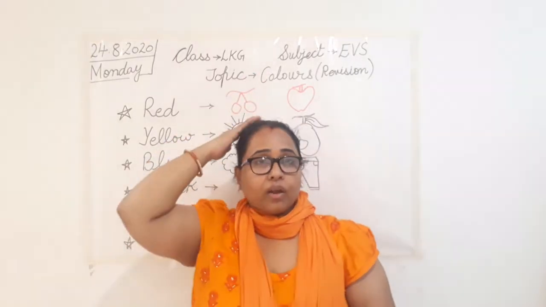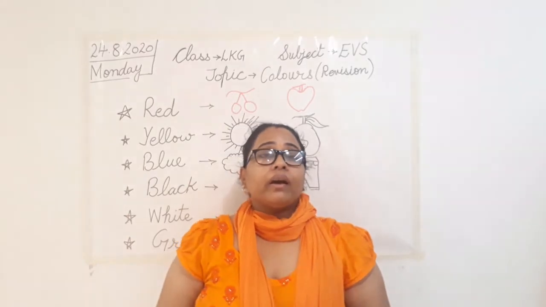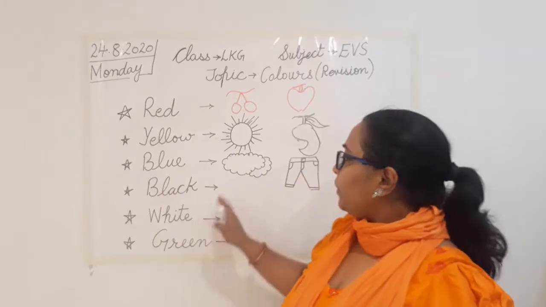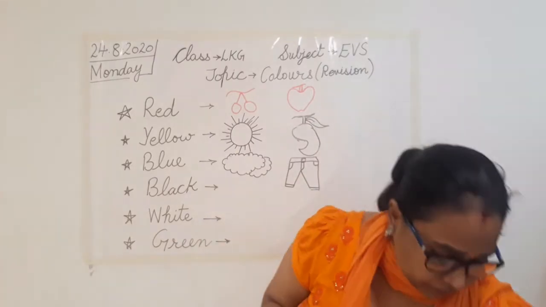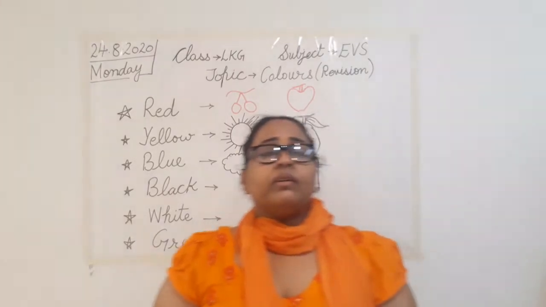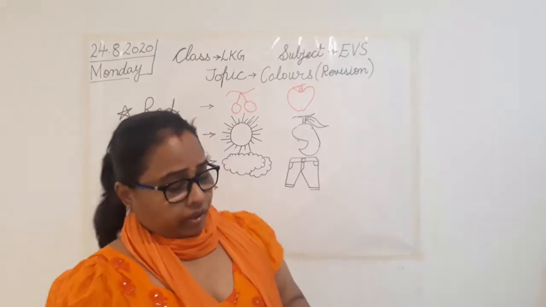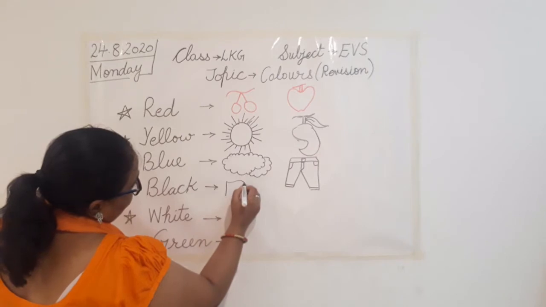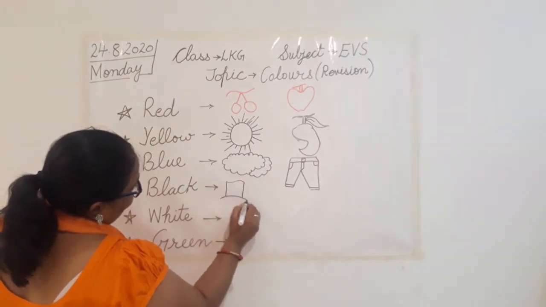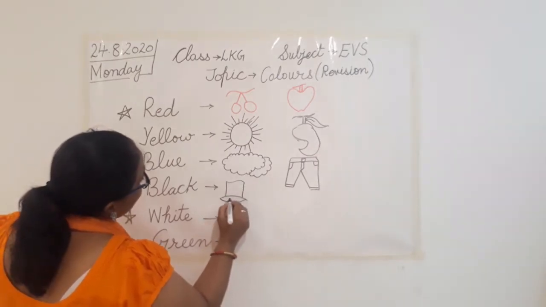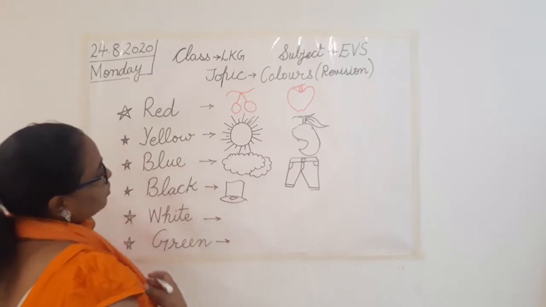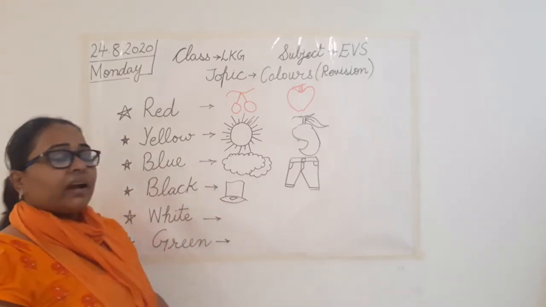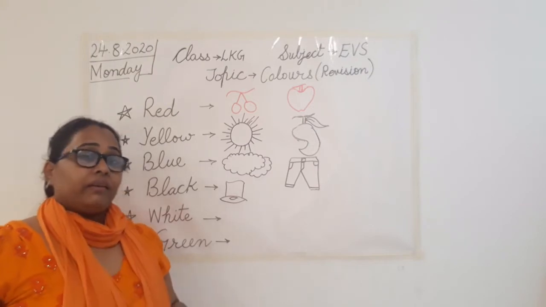Hair. So what is the color of our hair? Hair are black in color. They all are black in color. So can you tell me two objects that are black in color? We have learned about hair. Then we have learned about this. What is this? Yes, it's a magician's hat. Yes, you have learned that. It's a magician's hat. And this magician's hat is also black in color.